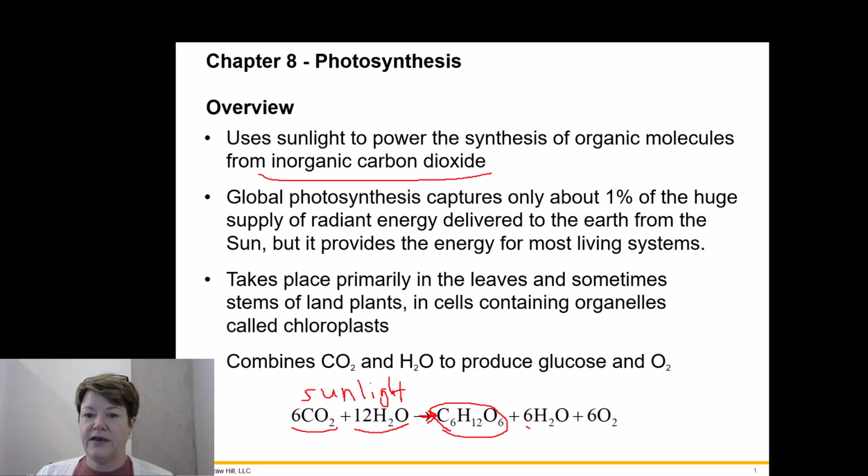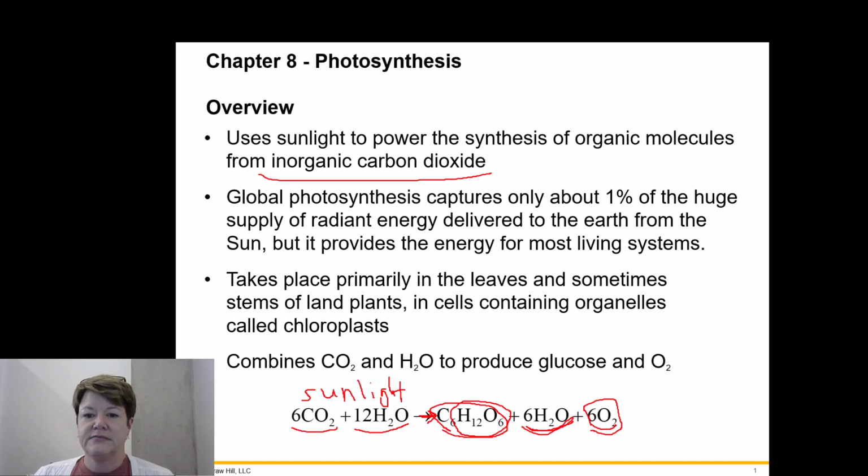And then we have some water here. So water is not only a reactant, but also a product. And then oxygen. We don't focus on the water here as a product so much, but we do focus on the sugar, the organic compound, and then the oxygen is really more of a byproduct. And by that I mean it's not particularly the intention of the plant, or the point of photosynthesis, to make oxygen, but it is